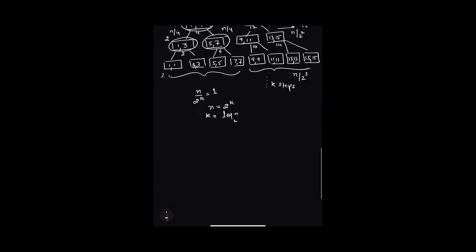So I can say the number of levels I get from my quicksort algorithm is log n, and at each step, n elements are being traversed. So this becomes n log n. So the total time complexity of my quicksort is order of n log n. Please note, this is my best case or average case time complexity when I'm dividing my algorithm from the middle.